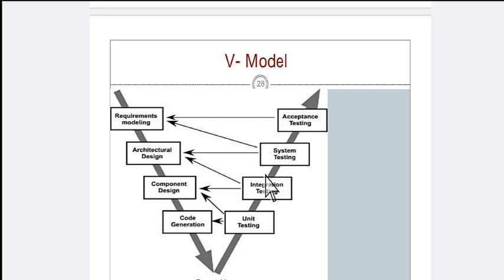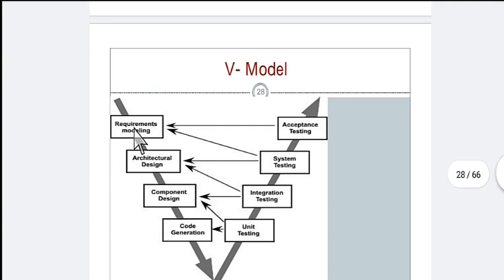Suppose, for example, the first block in the V model is the requirement model. In this model, what we have to do is take the requirements from the user. After getting the requirements, we will create the architecture for that particular design.